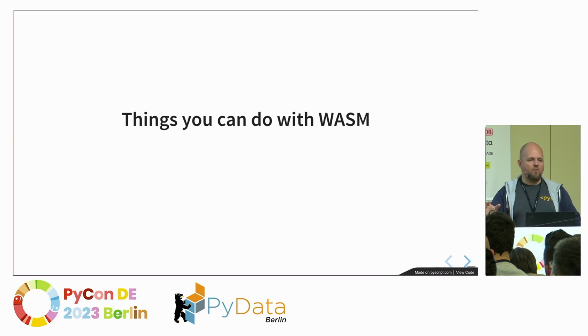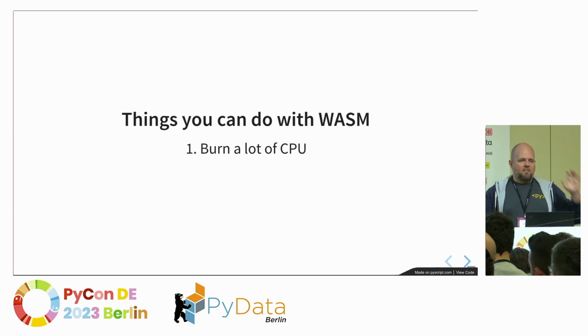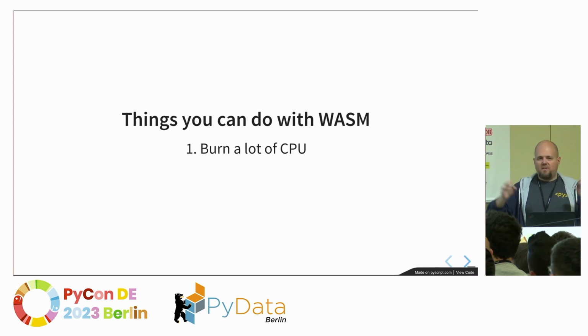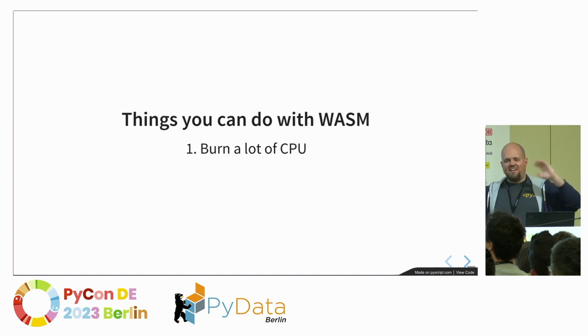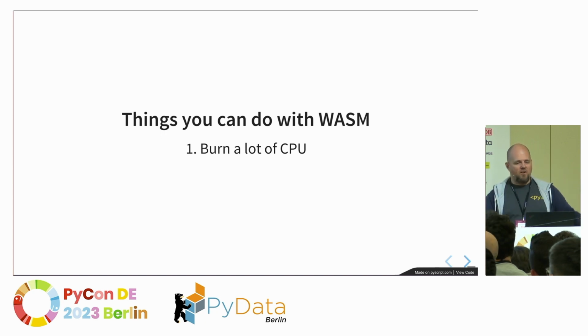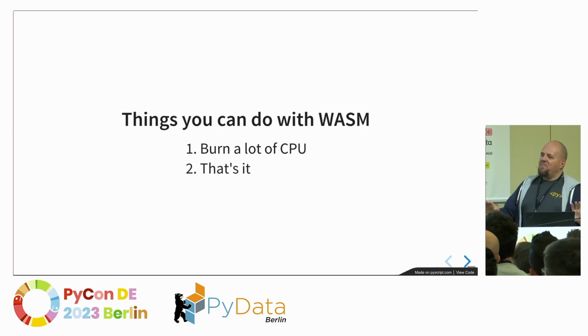So, a very brief overview of what WebAssembly is. We can compile C code, C++, AssemblyScript, or Rust, whatever, to WebAssembly, and we can run it. What can you do with WebAssembly? The first thing you can do is computation. You can burn your CPU with a lot of factorials, Fibonacci, and other computation with integers, numbers, and floats, and that's it. You cannot do anything else by default.